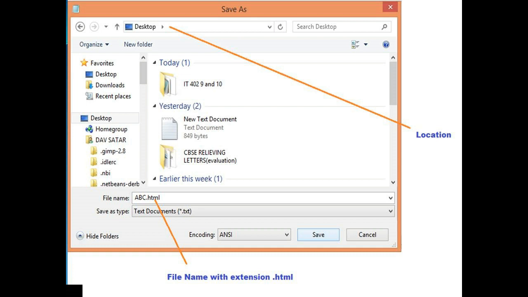In my case, I am saving this file with the name abc.html on our desktop. The location of the file will be desktop, and as the file name is given abc.html, it will be stored in the form of HTML, which means it will not be saved as notepad.